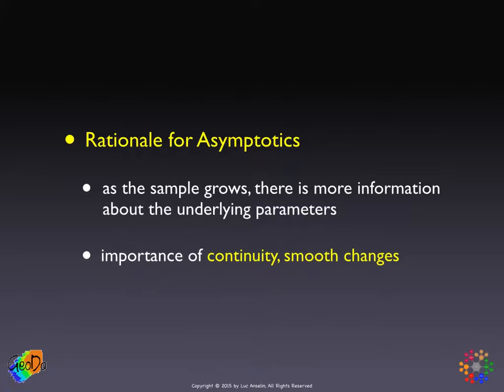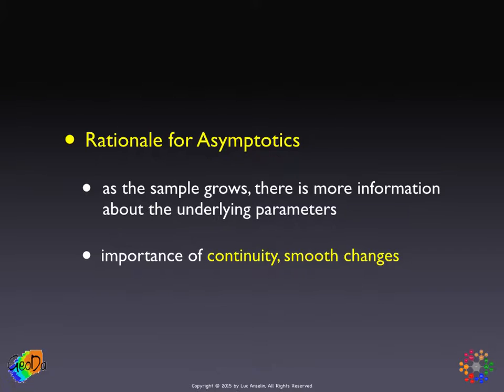The classical approach for finite sample properties is to assume a lot. For example, to assume a normal distribution, or to assume all kinds of things being fixed, like independent observations, fixed